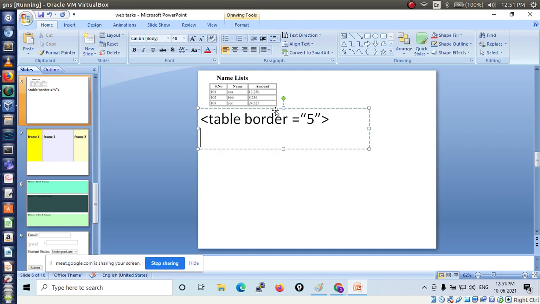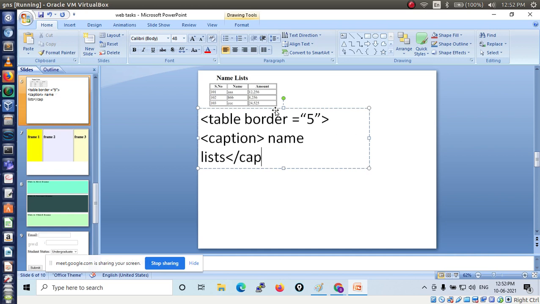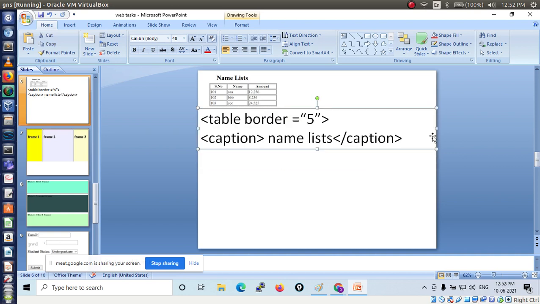Then immediately, to display the table name, you have to use caption. Then what name you have to display, you write name list. Then close the caption tag. So you have displayed the table border and name list, right?